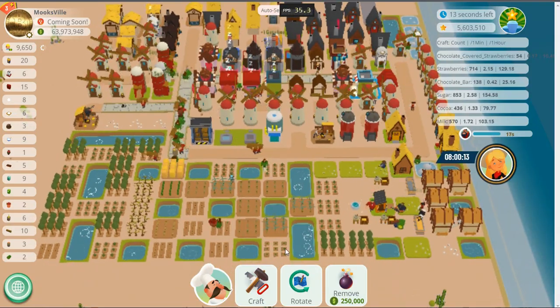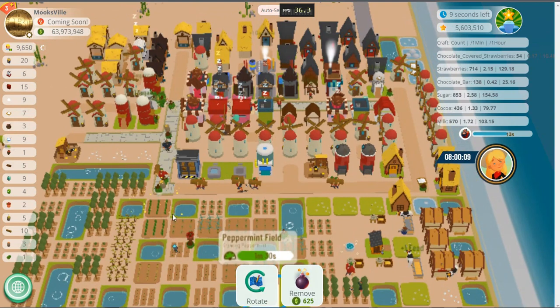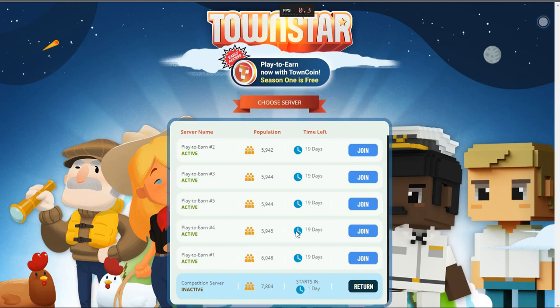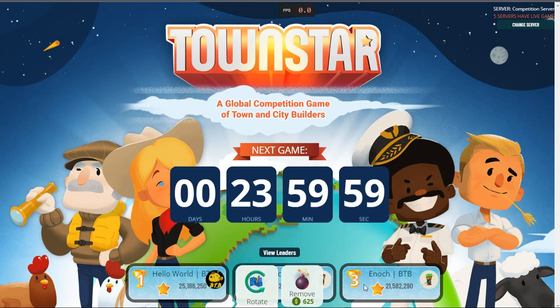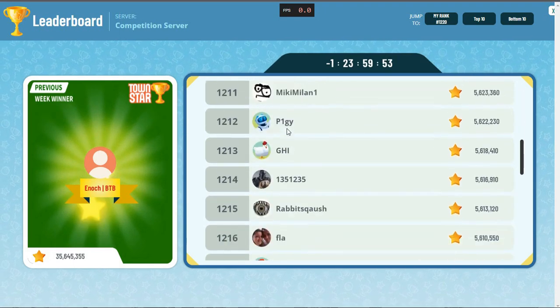Although there might be one. Yeah, there is one just still there lingering. But yeah, I think I had like 5 or 6 fields of peppermint. Okay, so you can see that is the final. That's it. So if we just drop back, we can go to view leaders. So we ended up